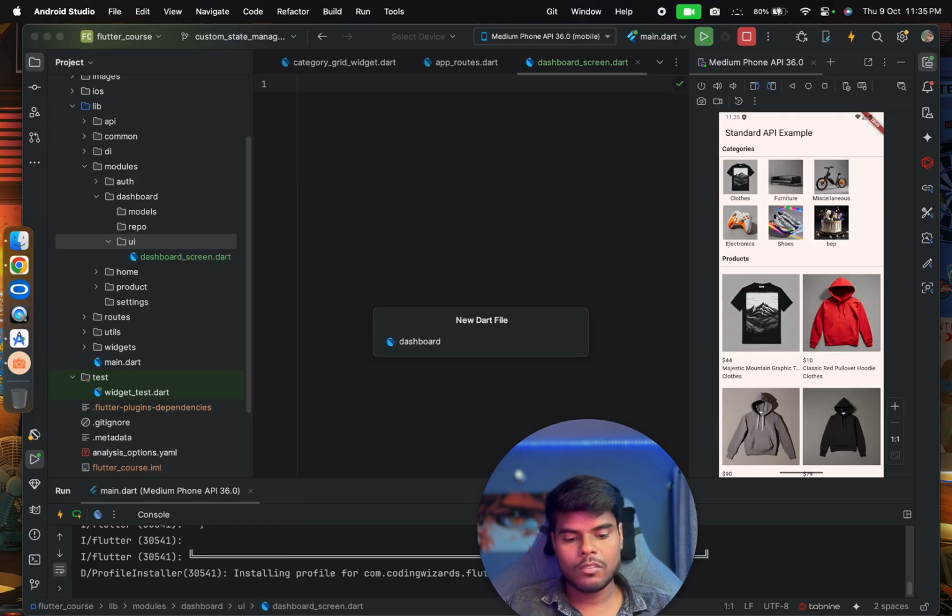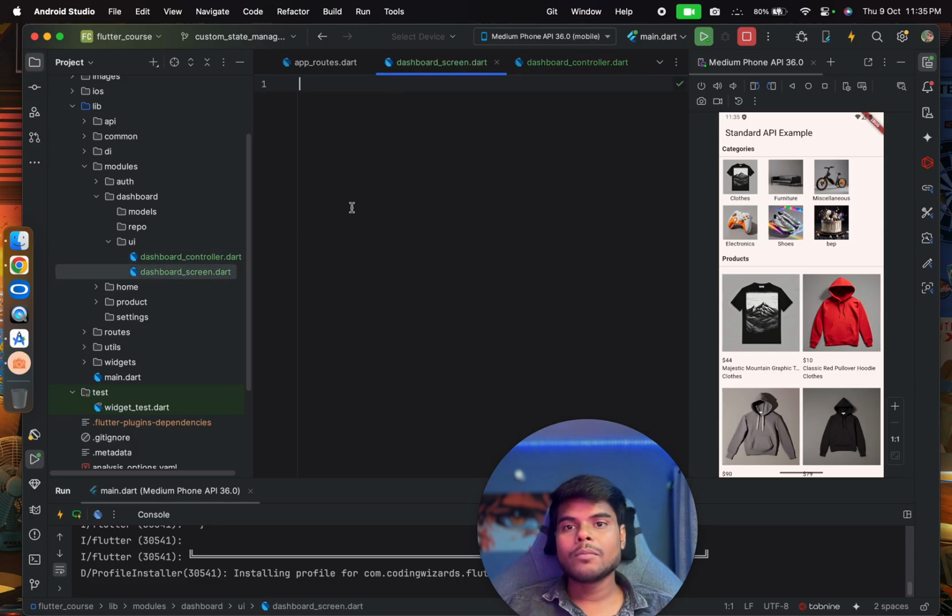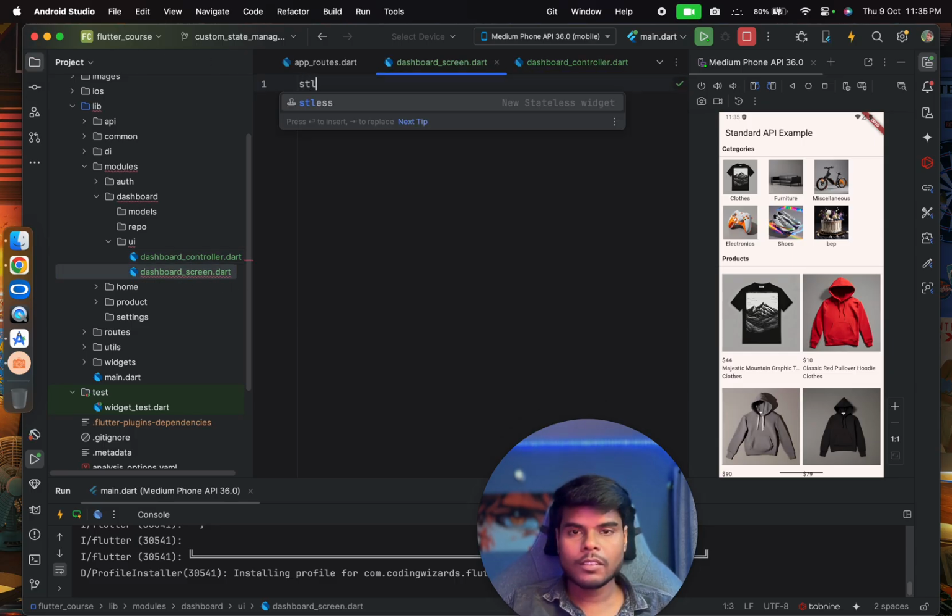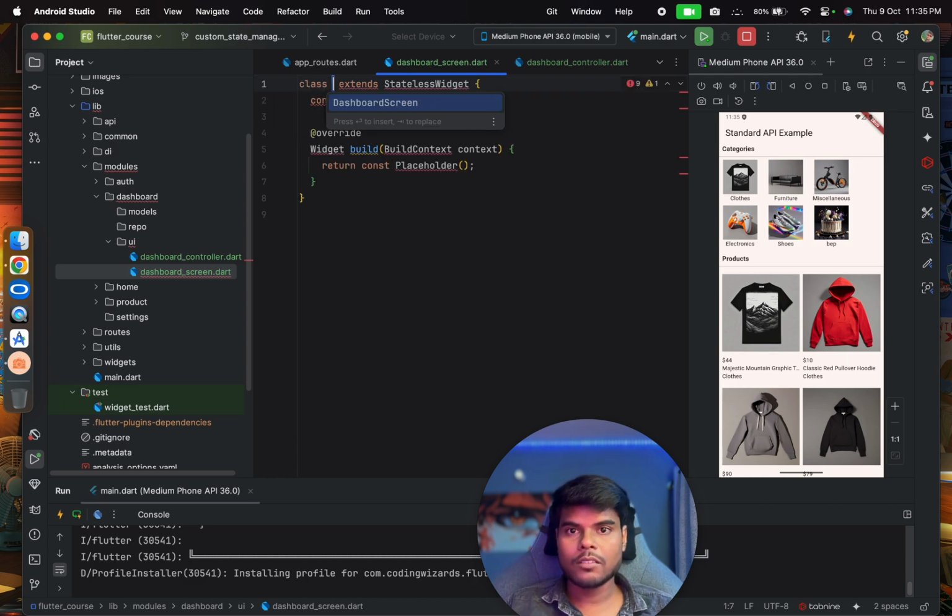So inside the dashboard we will have a basic scaffold, stls dashboard screen,